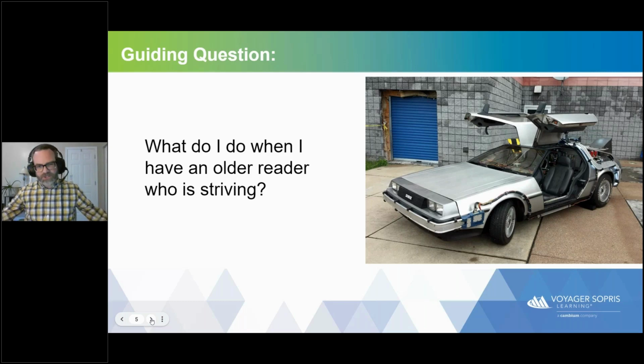So my essential question, my guiding question, because those are always nice to have in a lesson or in a talk, is: what do I do when I have an older reader who is striving? I know that language around readers who are struggling has been in some transition over the past few years. When I first started teaching in 2007, it was not uncommon to hear someone say "struggling reader," but I know that we move the reader first, centering who they are as a person and as a reader. I do believe that all of my students are readers, and that language of striving.